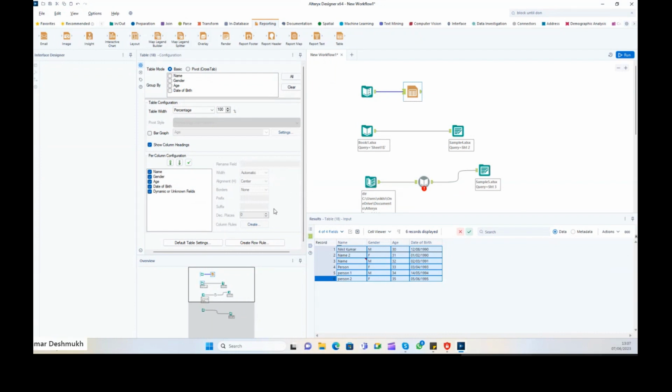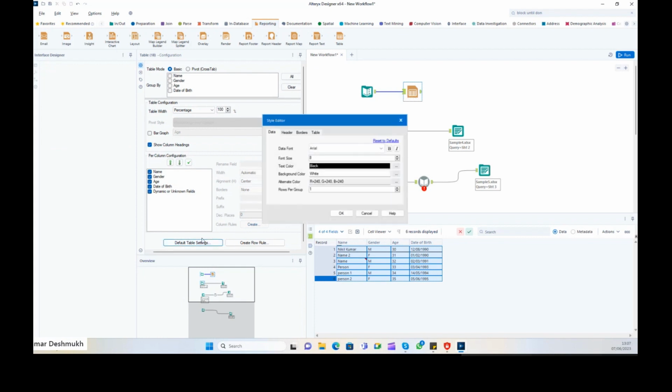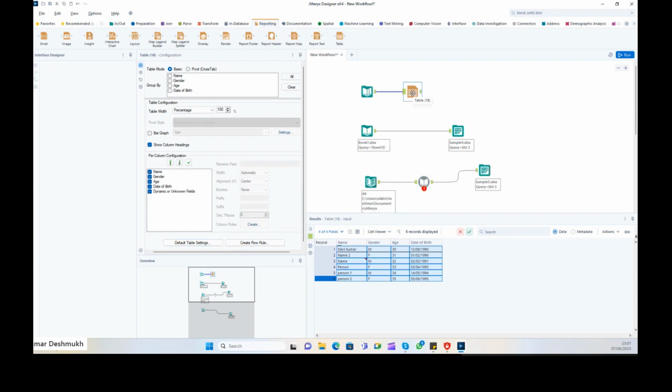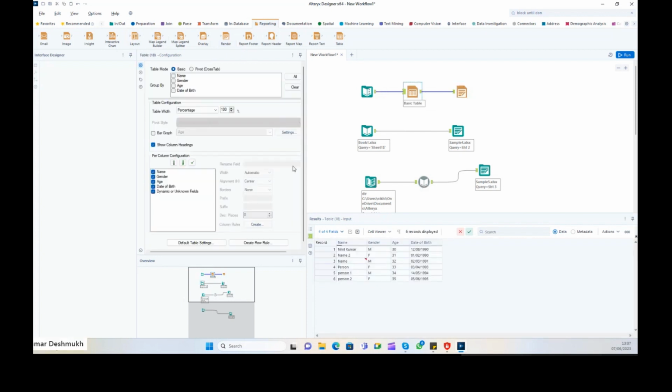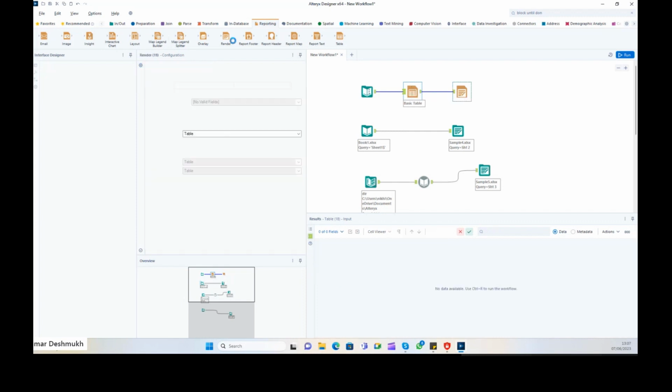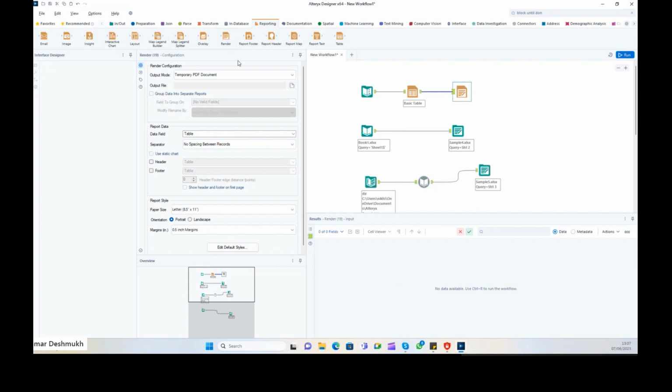There are some settings where we can customize this. These are the default settings. Then after the table we can use the render tool also. So this table tool will be helpful to customize the formatting, and this render tool